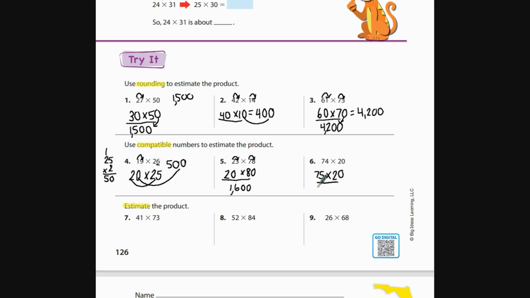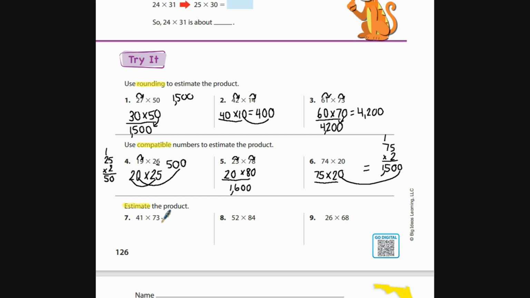And then all we really have to do is just multiply 75 times 2. Just don't forget to add that 0 at the end. 5 times 2 is 10. Carry the 1. 2 times 7 is 14. 14 plus 1 is 15. Remember what I said? Bring him over. Don't forget him. That means that my estimate is